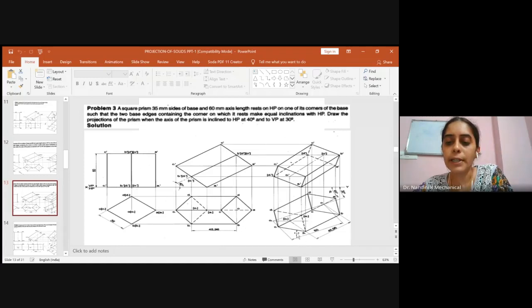So you will be joining C1 to B1, C1 to D1, D1 to A1, and A1 to B1. Okay, so please join as it is shown over here. These two sides are continuous and thick. So you show a continuous and thick line. D1 to A1 and B1 to A1 is hidden. Also show these to be as hidden.